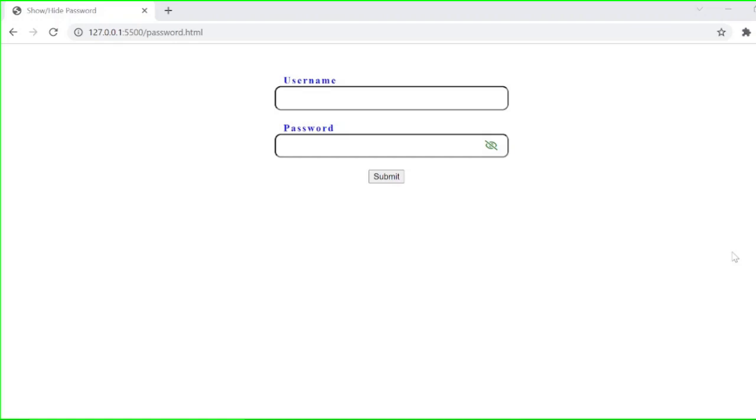In this video we will see how to make a panel where you can show and hide password, like we are seeing right now on the screen. For example, if I enter a password, PASSWORD, then it is all hidden, it is all masked by default because the input type is password. Now when I click on this button, then the password will be unmasked and we can clearly see that the input type has changed to text. And this is what we are going to achieve using HTML, CSS and some JavaScript. So let us begin.